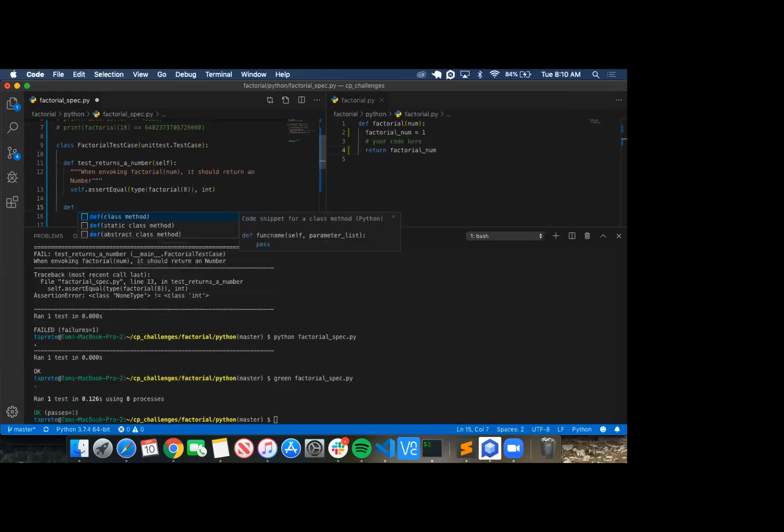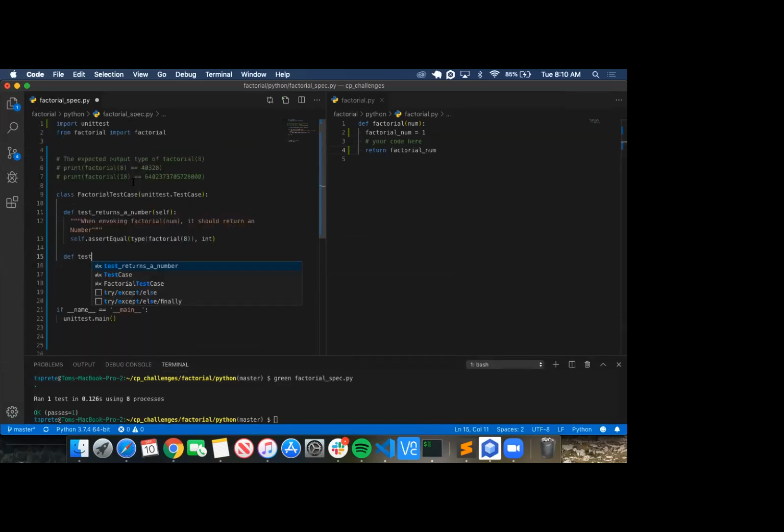So let's write another test. We've got these 2 tests that we want to test right here. So def, move this down. Test returns, you can even say correct value, returns correct output of,